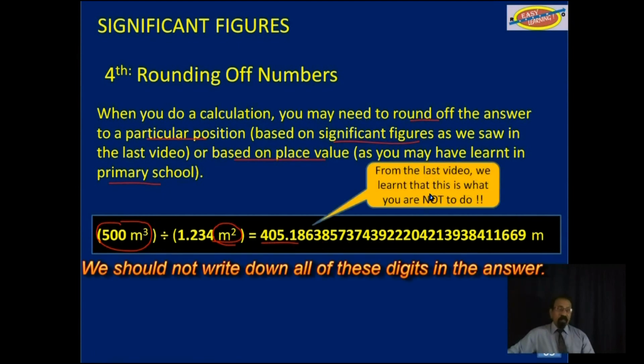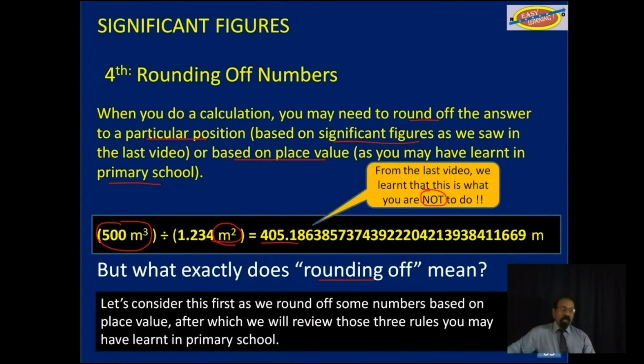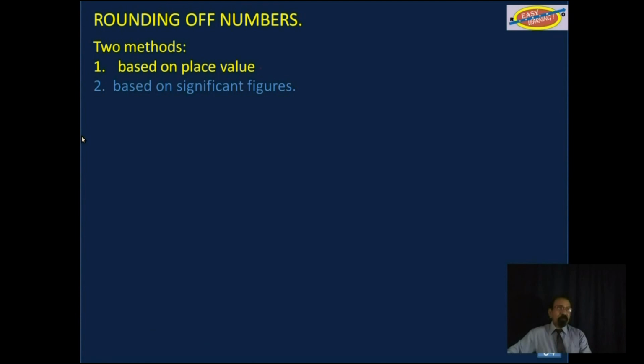Well, this is what we are not to do. We are not to write down all of those numbers. But what exactly does rounding off mean? So let's consider this as we round off some numbers based on place values first, after which we will review those 3 rules that you may have learned in primary school. So based on place value,